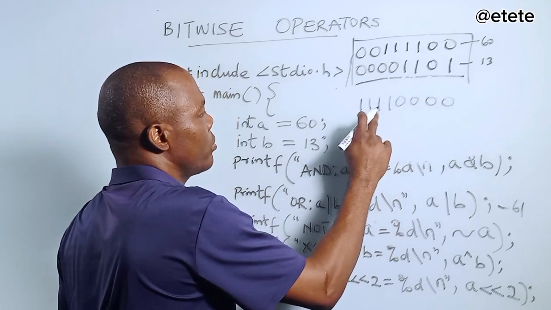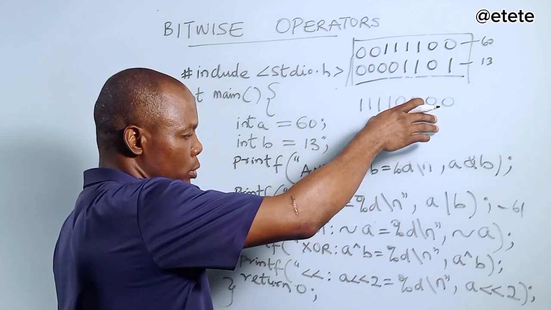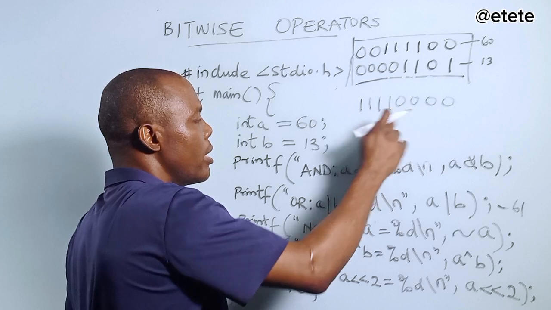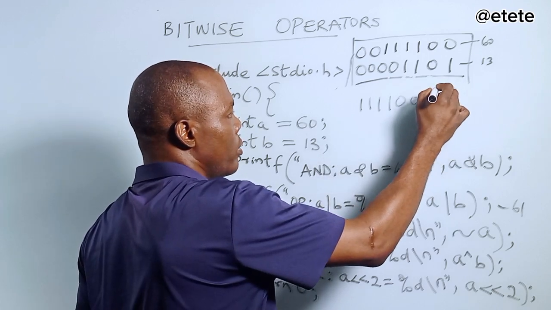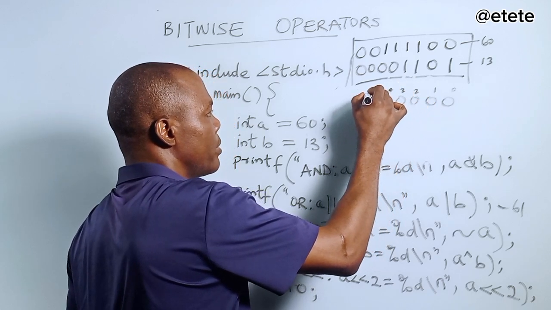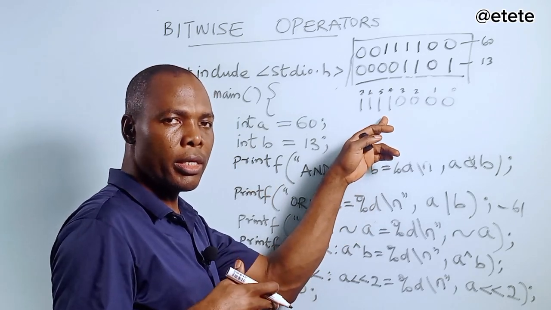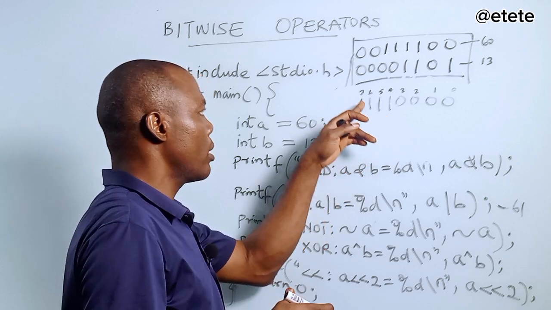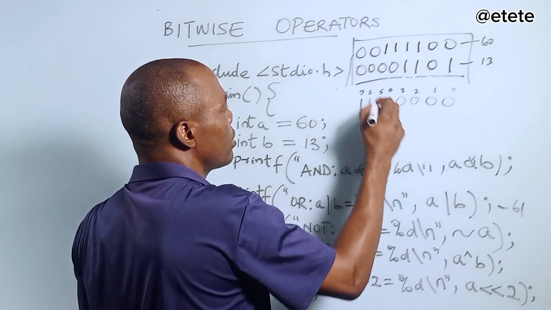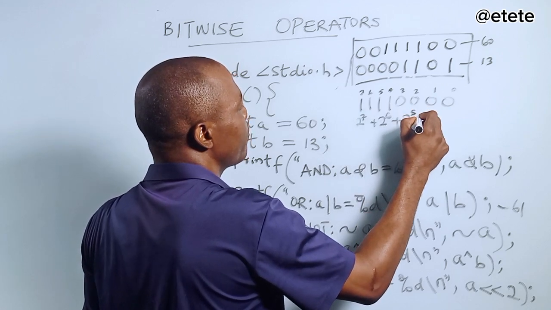0, 0, 1, 2, 3, 4, 5, 6, 7, 8. All right. So this is what I'm going to get for this. Now, interpreting this will give me 0, 1, 2, 3, 4, 5, 6, 7. What I'm simply doing is bringing in the binary conversion. So this will be 2 raised power 7. So this one will give me 2 raised power 7 plus 2 raised power 6 plus 2 raised power 5